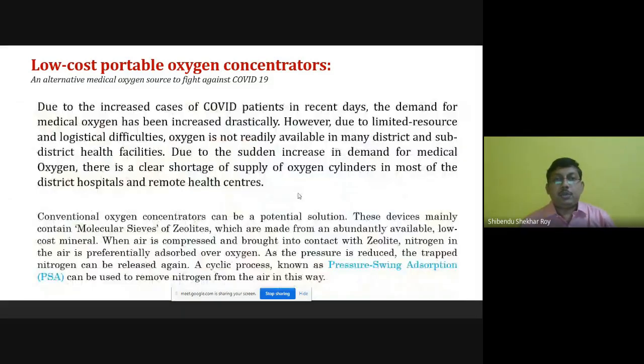Due to the increased cases of COVID patients in the second wave of this pandemic, the demand for oxygen has increased drastically, as you know. But due to limited resources and logistical difficulties, oxygen is not readily available in many districts and sub-district health facilities. Due to the second wave, there is a certain increase of demand for oxygen, but there is a clear shortage of supply of oxygen cylinders in district hospitals, in remote health centers, in rural areas. So in order to cater to this, an alternative solution is the oxygen concentrator,